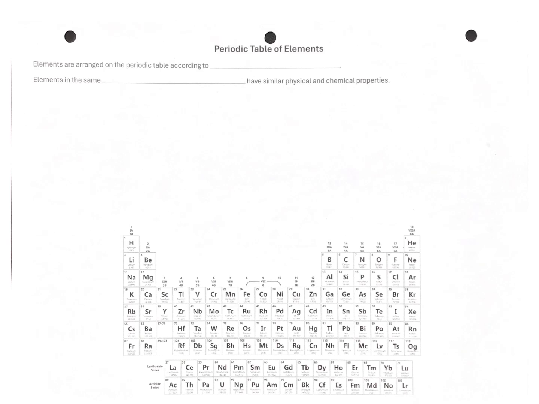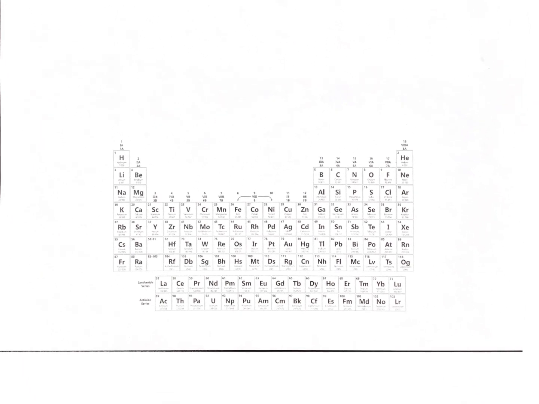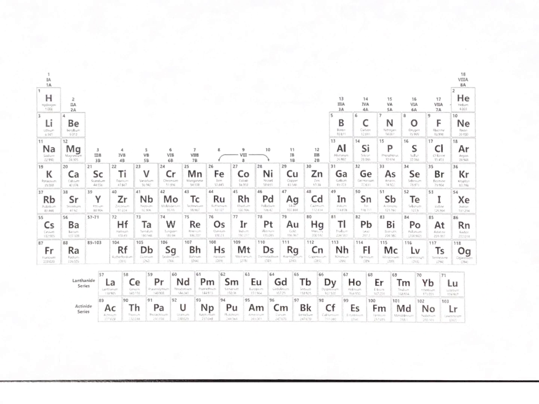Okay, this is an introductory lesson on the periodic table of elements. We've already learned about classification of matter and how pure substances can be either elements or compounds. So that word elements is really referring to possibly 118 elements that we know of to